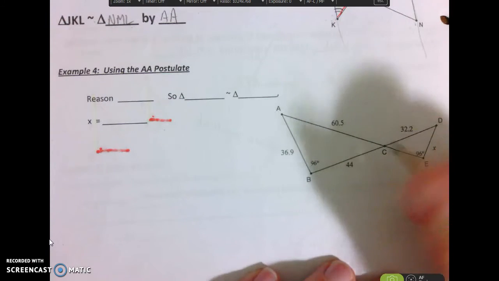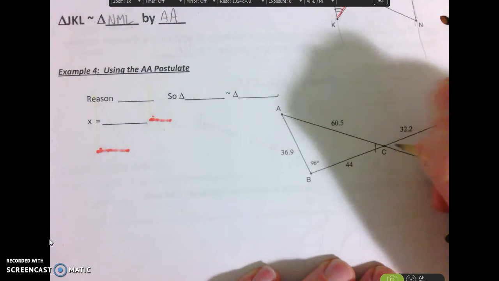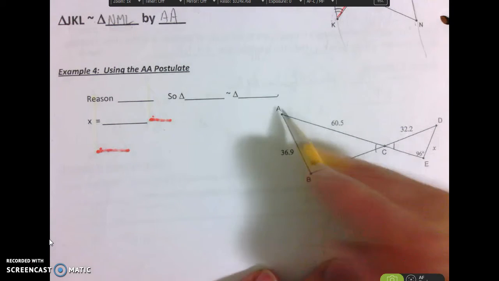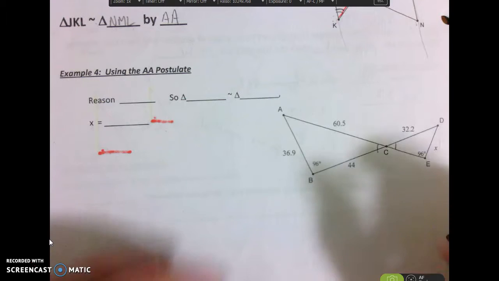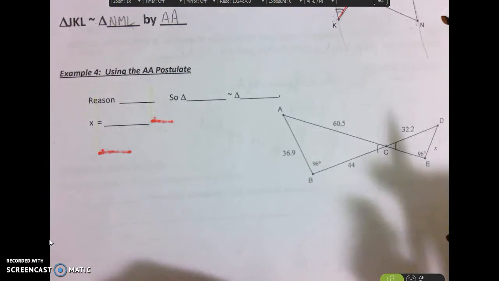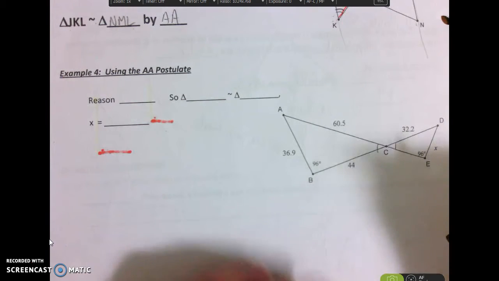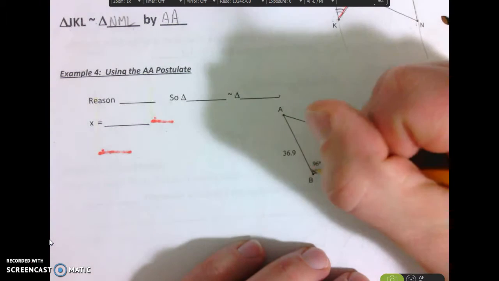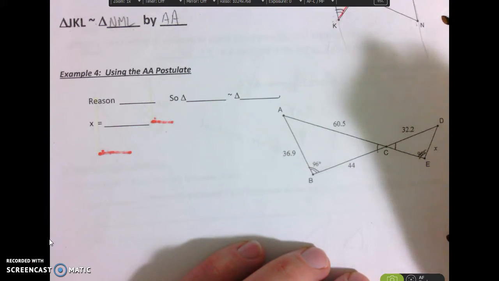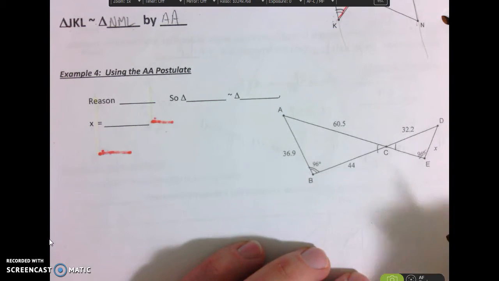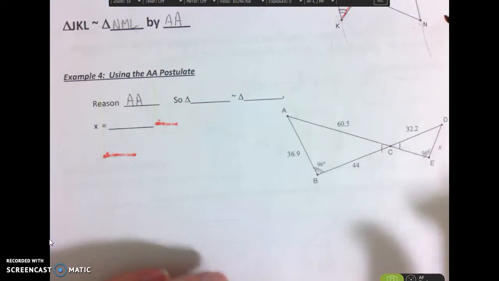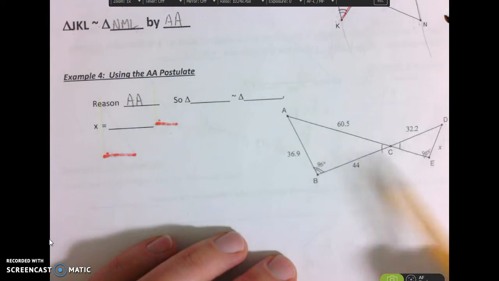So here's an example using it. If we look here, again, this angle and this angle are congruent because they're vertical angles. So angle ACB is congruent to angle DCE. And then if we look here, we have a second angle, angle B and angle E are congruent. So we have two angles on each side. So based on angle-angle, we can say triangle ABC